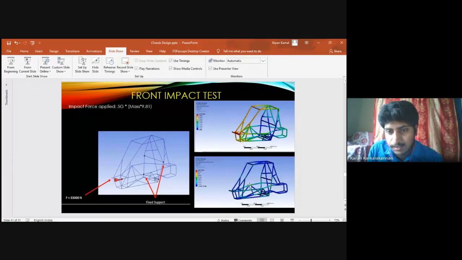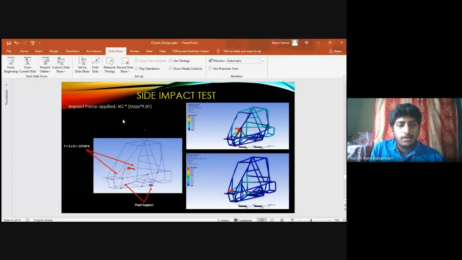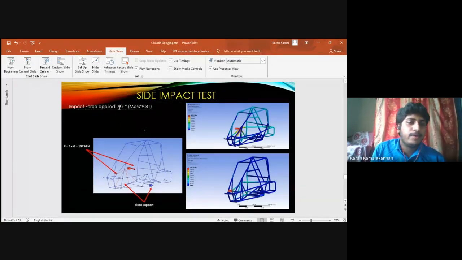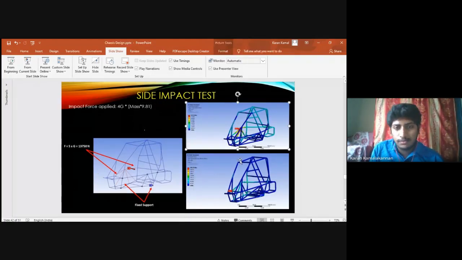From here you can see the stress is more at the side impact joints. I'm going through quickly. This is the side impact test, where you will be fixing one end, this end, and you will be giving the load, which must be 80 to 90% of the front impact load. If you're giving 5G, then 80% is 4G or 90% is 4.5G. You can be conservative by going with more, even 5G, it is up to you, to get the worst scenario. Next, this will be the deformation and the stress for the side impact.